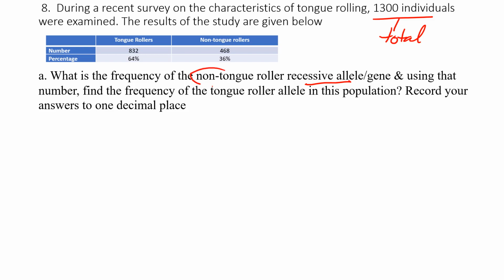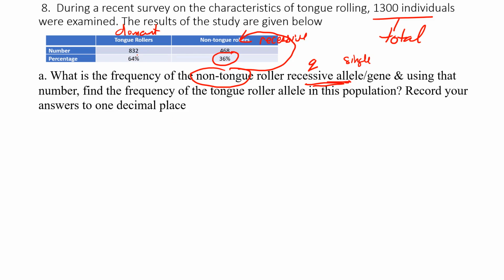So if you can't roll your tongue, that's recessive. And the allele, of course, is single. So what they're asking for is q. So this is important. We need to know here that the tongue rollers, this part is recessive, and the dominant is people that can roll their tongue. Okay, so we know automatically with these type of questions, the number that we're going to key on is this